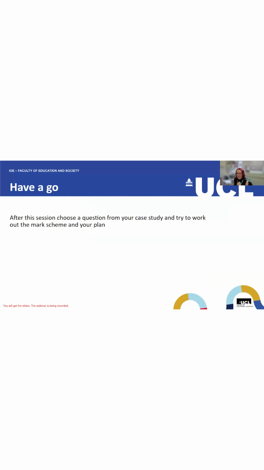So my advice following this session is to have a go at doing this. Go to the case study that you've got on UCL Extend and try and do exactly what I've done. Get the criteria, get the question, just write a bullet point list of what you think you're being assessed on. Then within that package of materials that UCL have given you, there is an actual mark scheme. So see if it matches up. And I reckon you'll get at least 90% of that mark scheme right. So have a go at doing that for just one question from your case study. Have a go at doing the activity that I've just done, and you'll get these slides and the video so that you can go back through it.